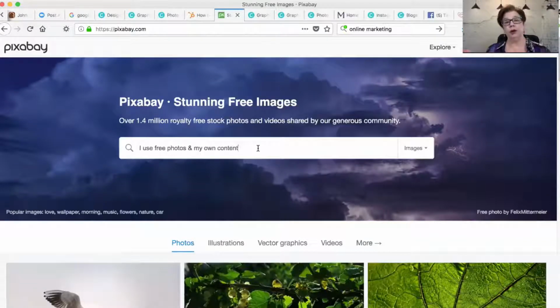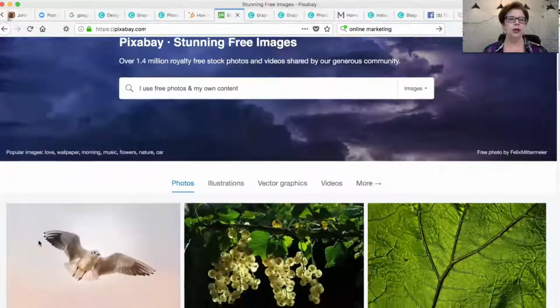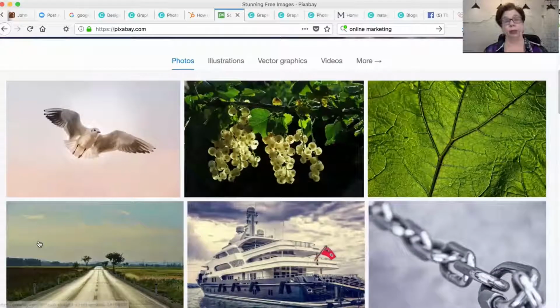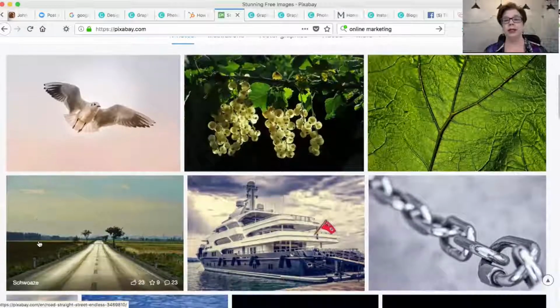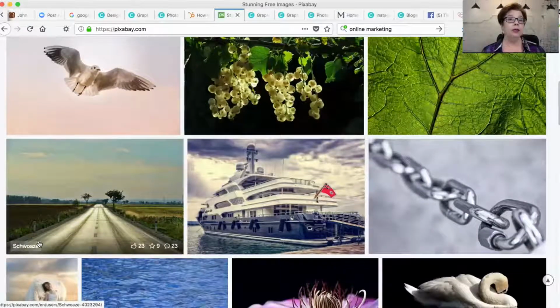All right, so I go to, and I use this just as a note to myself, I use free photos. Now, a lot of people want to suggest that we use paid photos and we get a subscription at a fancy photo place. And that's fine. You know, if you've got the funds and the inclination, what a blessing. I prefer to use, I create a lot of them every day. I create a lot and post a lot of social media images. So I like to use Pixabay as one of really a lot of places that you can get free